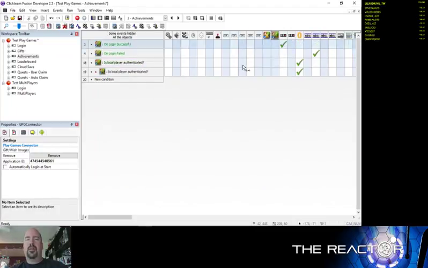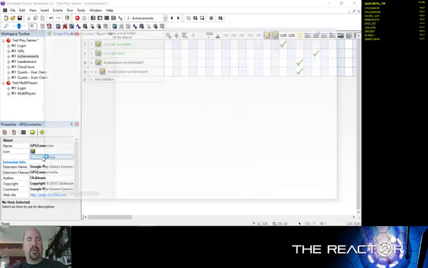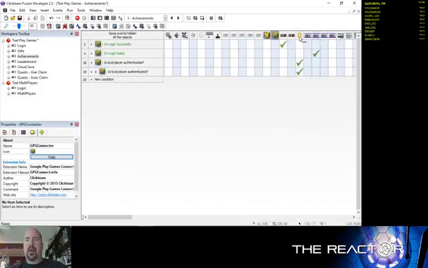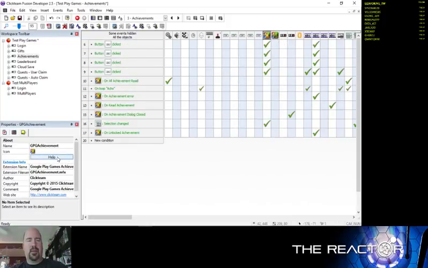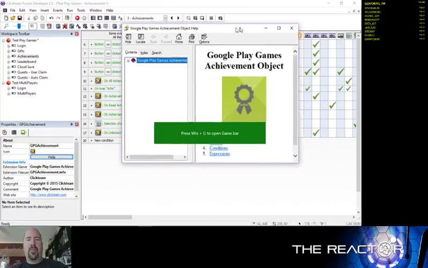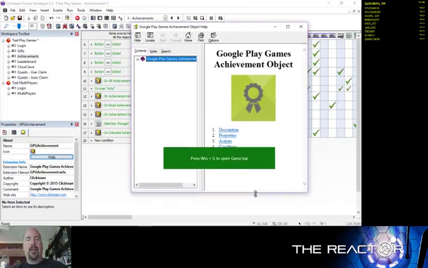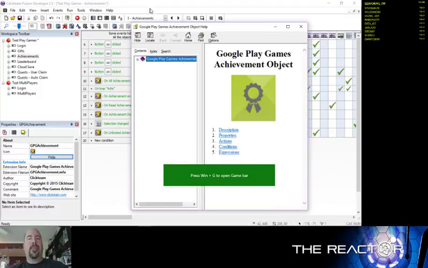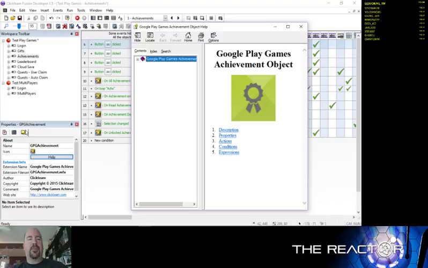And I bet you, because Fernando's so awesome, if we hit help, oh, that's the connector object, wrong object. We've got all the help that we could use for achievement right here. For those of you that don't know, most of the Fusion developers will include in the object's properties on the About tab a help link, and that will open up whatever the help is for that particular object. And Fernando has done that for all of the Google Play objects. So